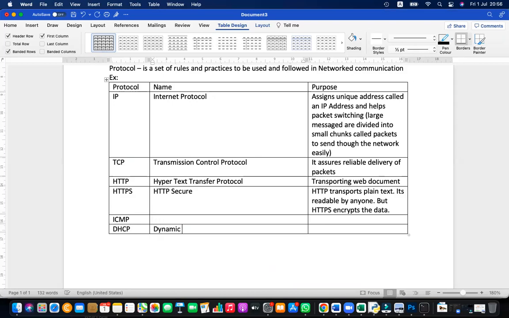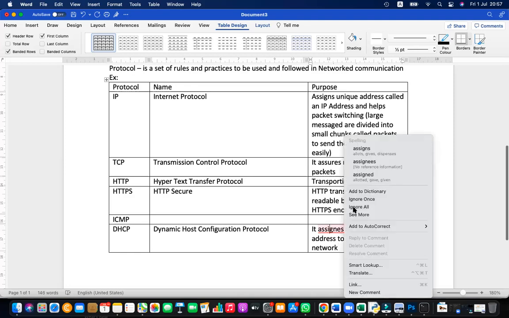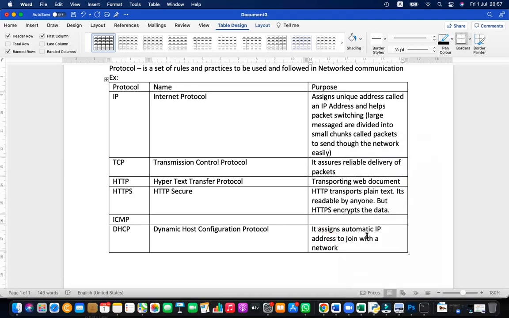Dynamic Host Configuration Protocol. Actually, it assigns an IP address automatically to join the network.